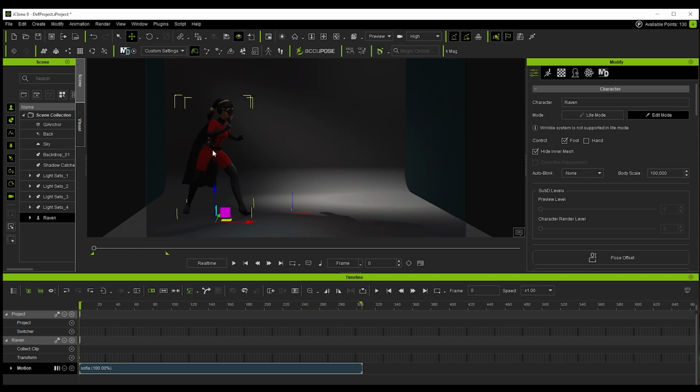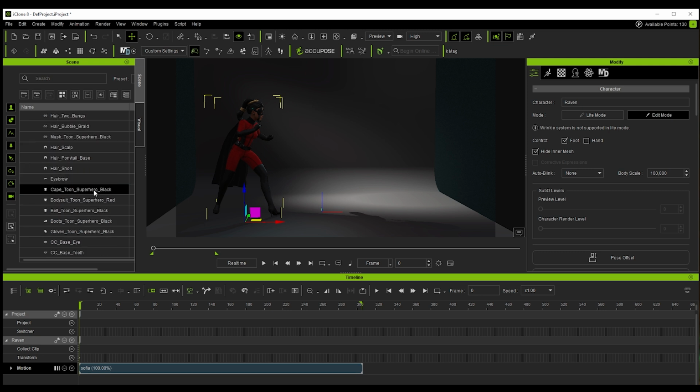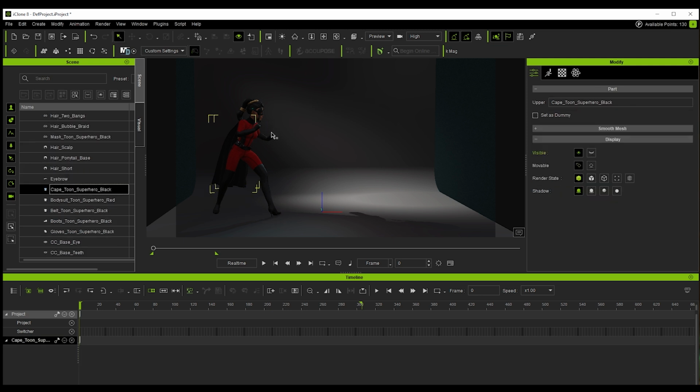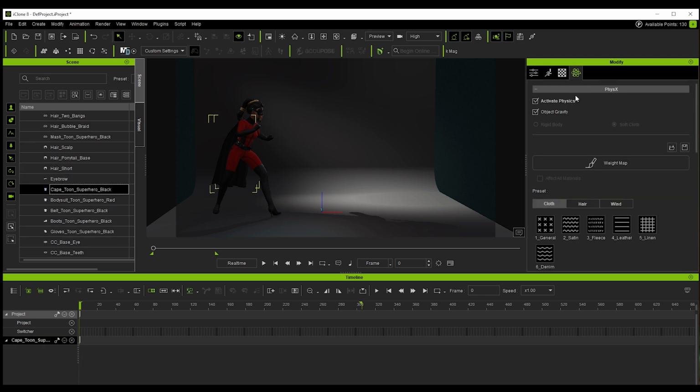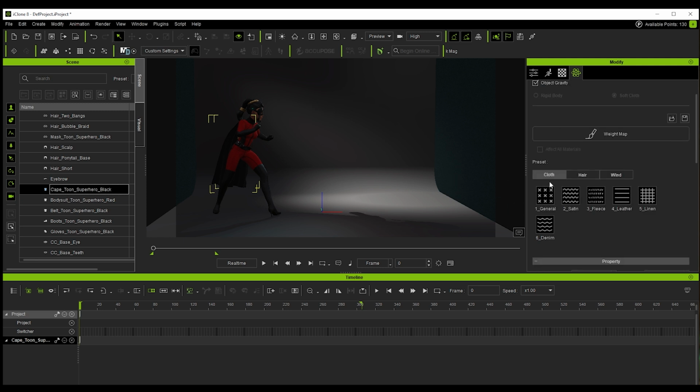Okay, and another thing we need to keep in mind is that the cape has physics, so we would need to select the cape. They're already enabled, but I'm going to show you where to activate them from. I'm going to select the cape there, and in the physics section here, we need to have the physics option enabled. Here it gives us different fabric options, like to make it stretch. Let's try any of them, for example this one. Let's see if it stretches more now.